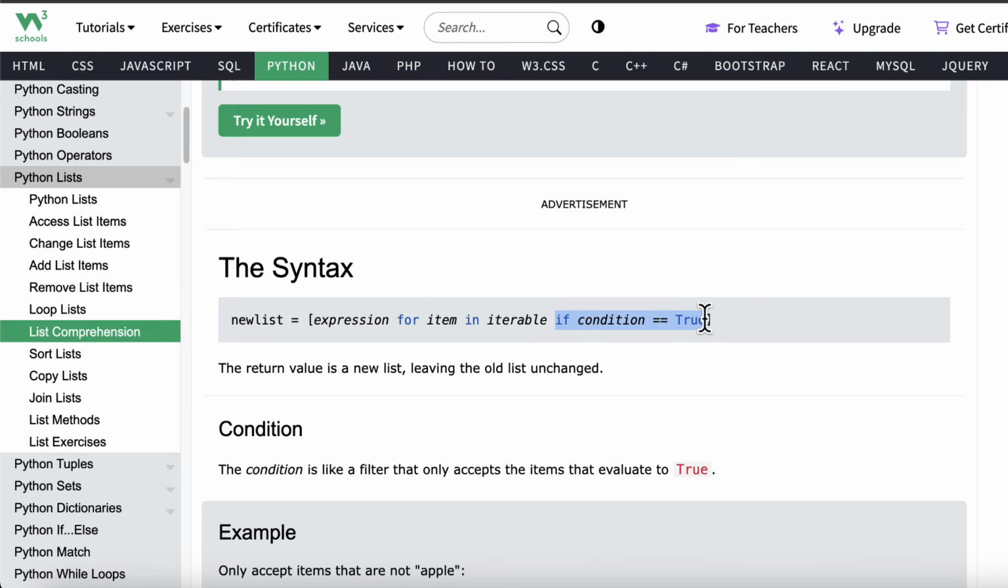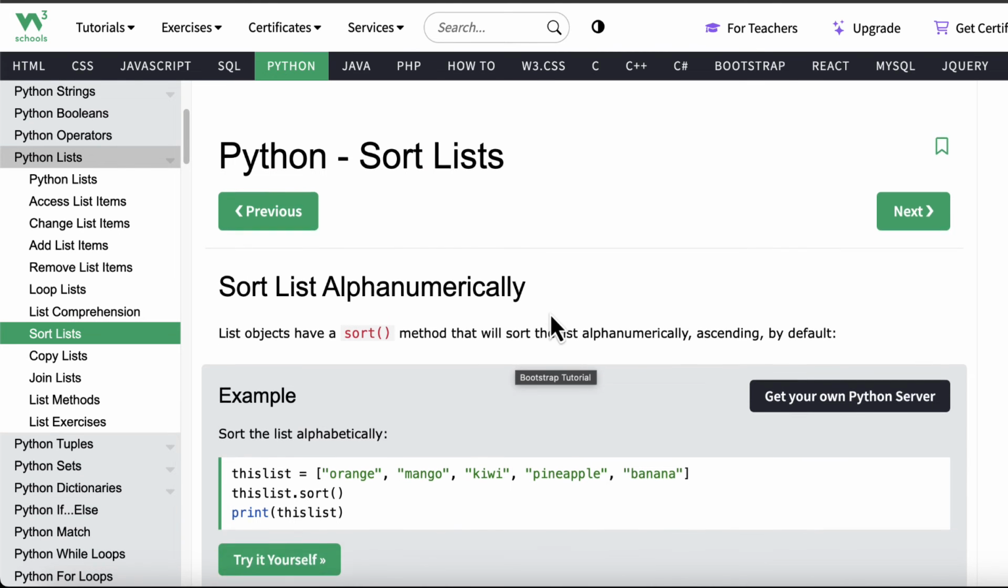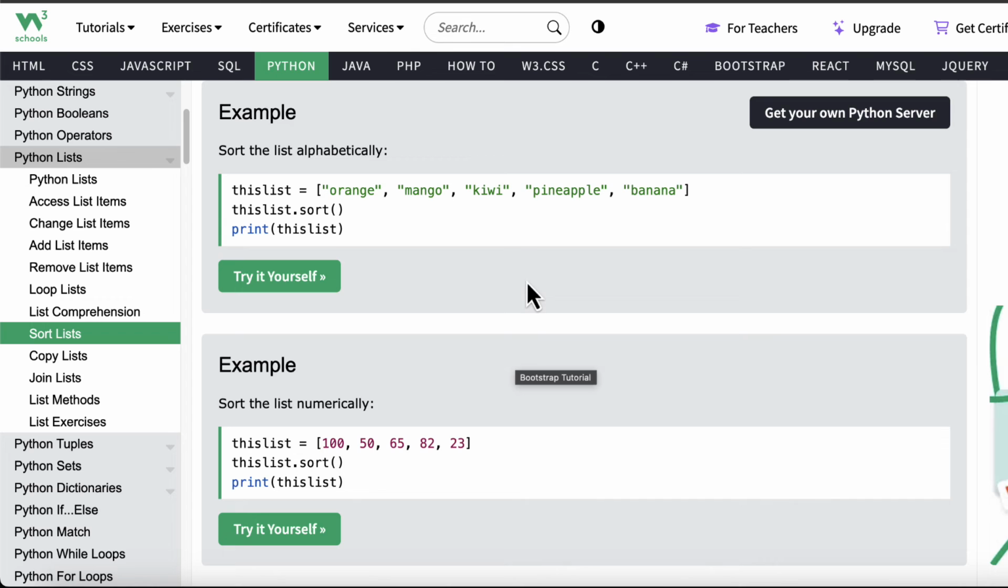The second is the condition. If the condition is true, the item that is under the loop or under the condition will be assigned to this expression, which then finally will be assigned to the list once the looping is complete. This is the most professional way, or pro way, of duplicating list items based on a certain condition. How about sorting? Well, sorting is a quite common function available in Python that allows us to sort the